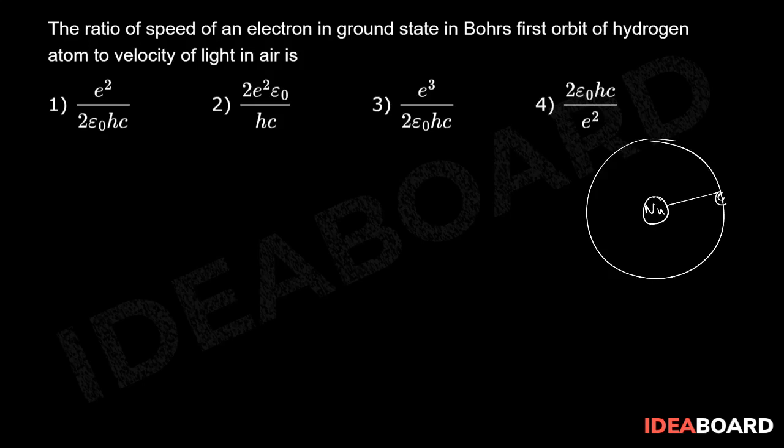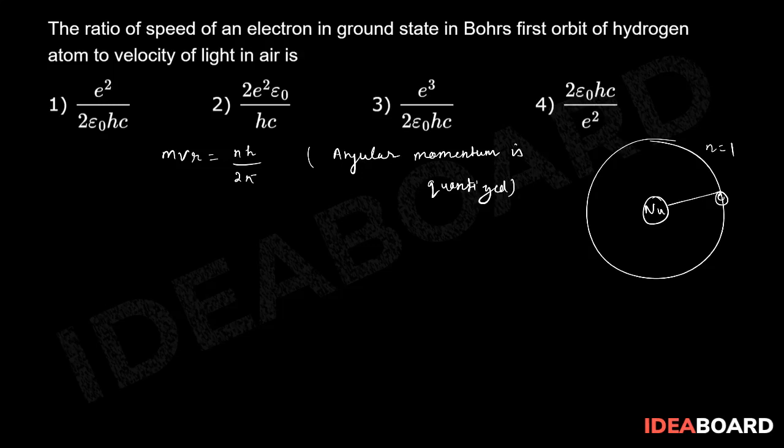So suppose there is an electron, and if this is equal to first orbit, so this will be n equal to 1 only. We know that Bohr postulation says mvr is equal to nh upon 2 pi. So basically angular momentum, right? Angular momentum is quantized.